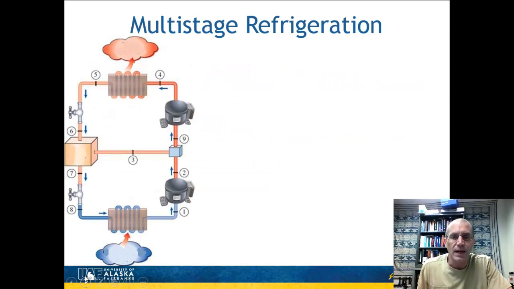So here's a diagram of multi-stage refrigeration, and it looks fairly similar to cascade, but it is also very different. First of all, we don't have two separate loops. We have a single loop, with a single type of working fluid in it. We again have two compressors operating between a low and a medium pressure, and a medium and a high. But instead of running two separate cycles completely, we have what's called a flash tank, a separator. After running through a throttling valve, the liquid goes through the bottom and the vapor comes over to the right. So that means the flow going through the colder temperature, after the second throttling valve, is only going to be a fraction y of